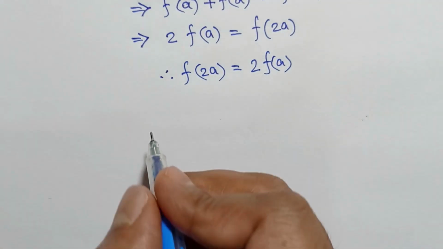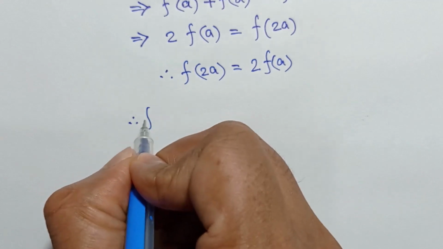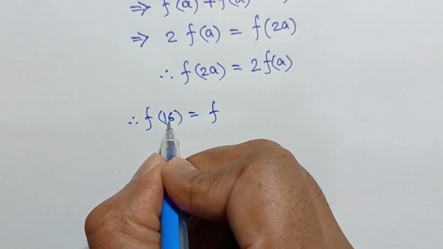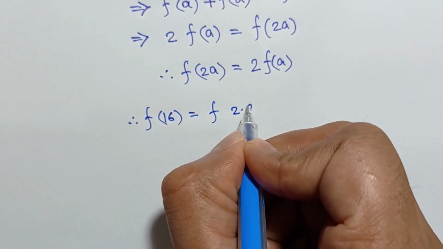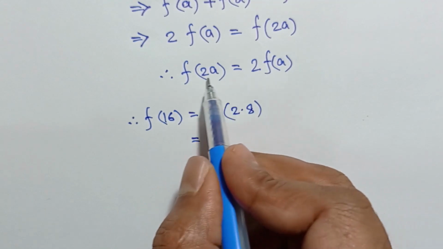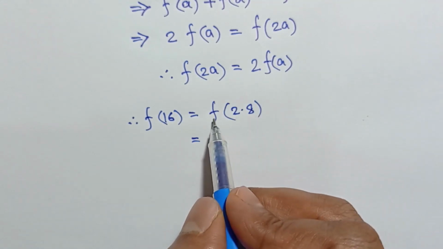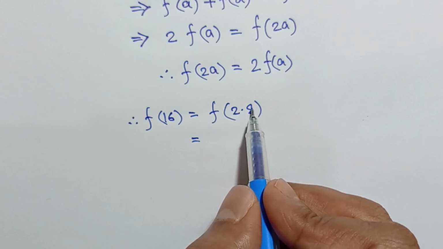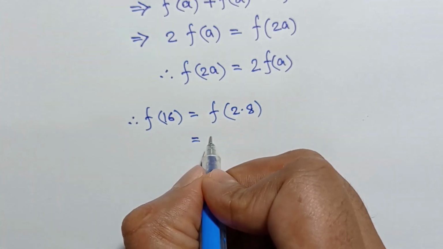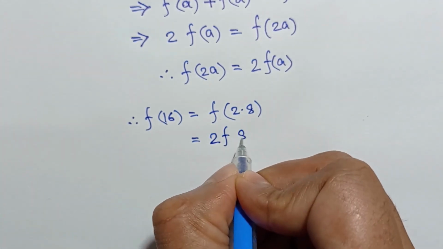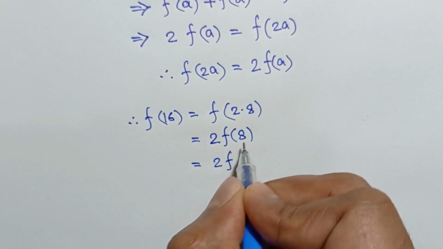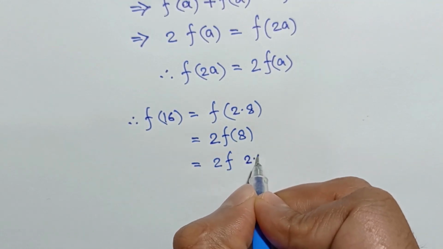So f(16) can be written as f(2 times 8), which according to this equation, f(2a) equal to 2 times f(a), can be written as 2 times f(8). And f(8) can be written as f(2 times 4)